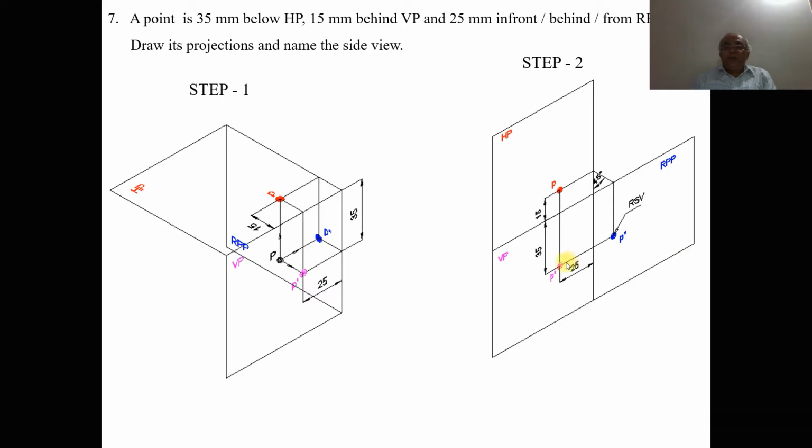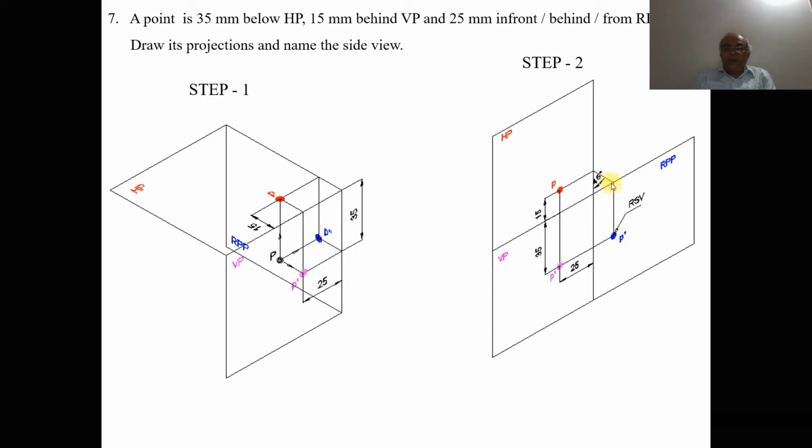To do that, you draw a projector from this point p. This distance is 15, and as we know the distance below HP is 35 mm, when it is projected onto the profile plane you also get this below HP distance of 35 mm. The behind VP distance, which is vertical here, is going to become a horizontal distance from here. So you project this till the end of this horizontal plane, and this distance will be 15, and you draw a 45-degree line so that this vertical distance becomes horizontal.